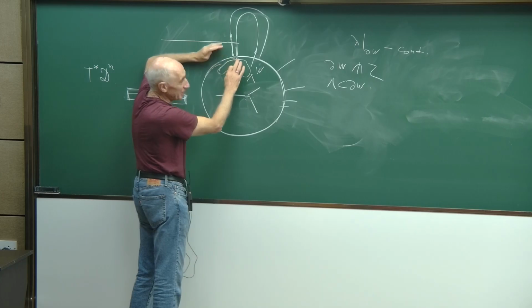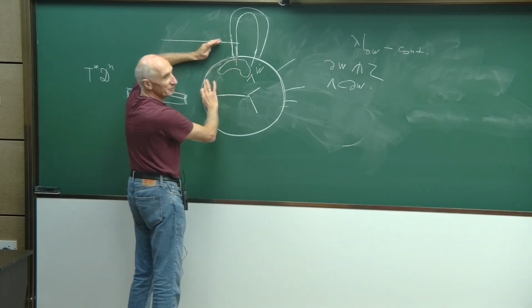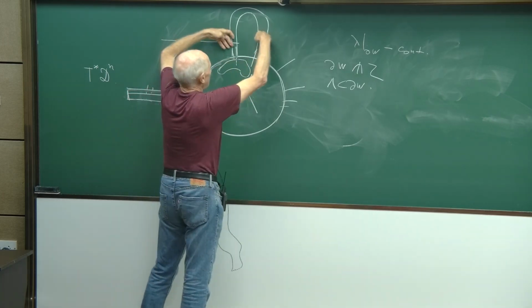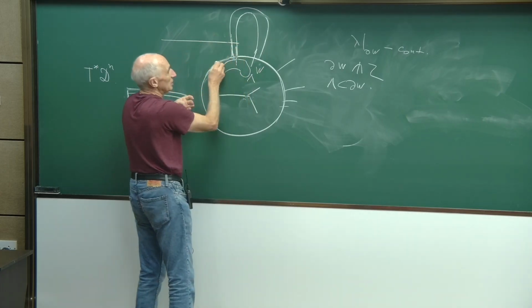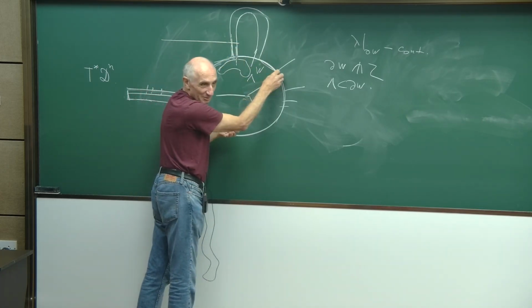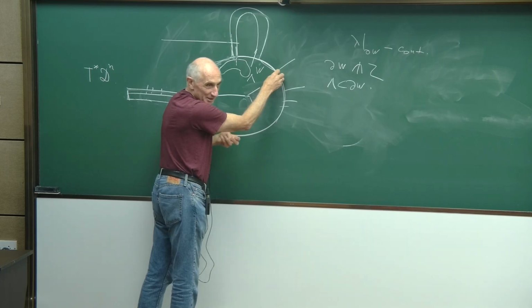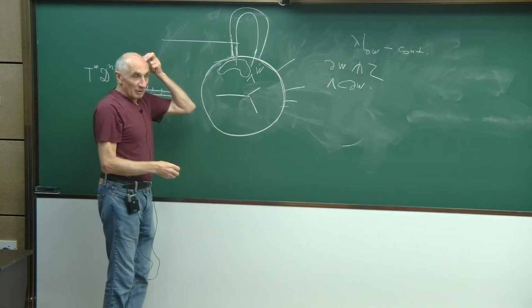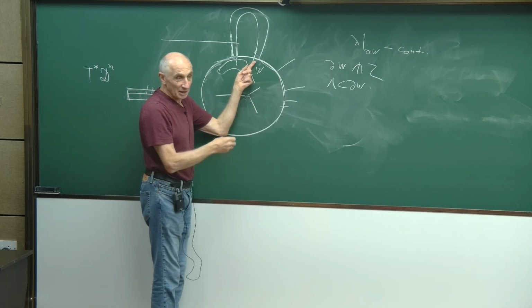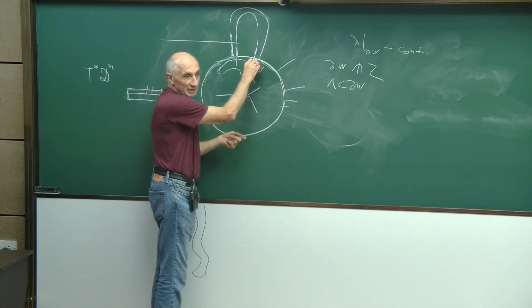I said boundary, but again this is a kind of fuzzy boundary. So when I attach, this boundary doesn't exist, but in order for me to attach, I need to do a little bit of adjustment of